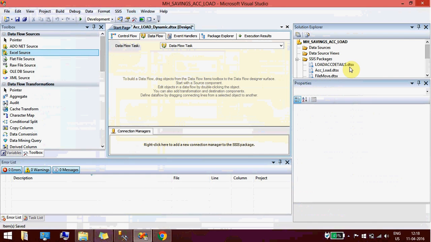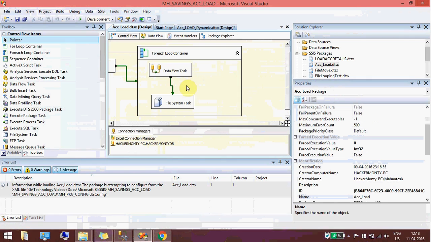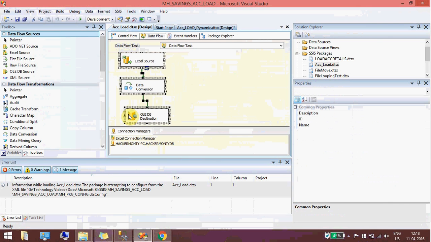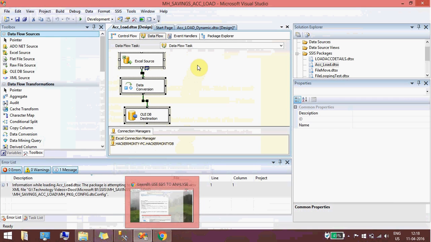So better, what I'll do, I can copy from here. I'm uploading all this DTS package into my blog. You can download it. You just need to make sure to change all the variable paths. It will work definitely.